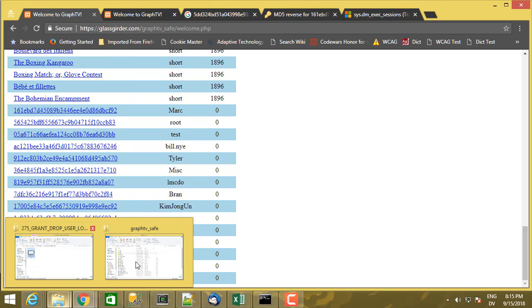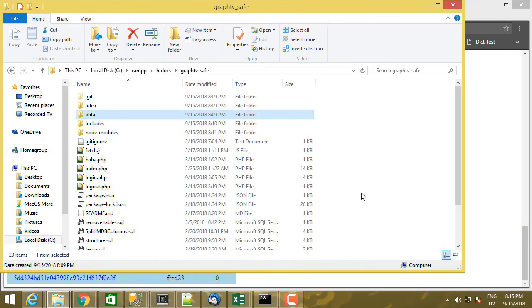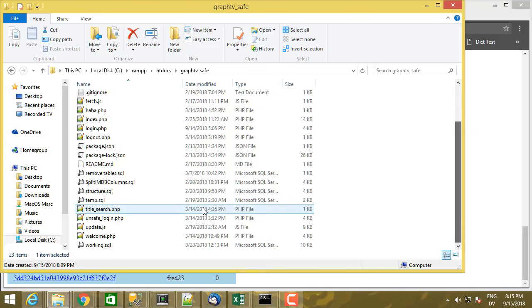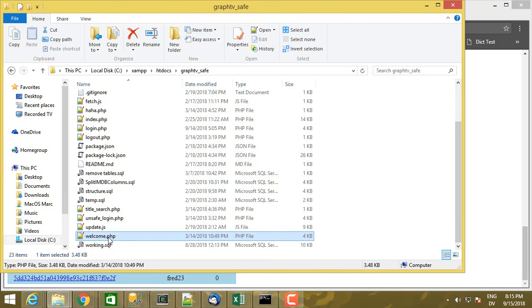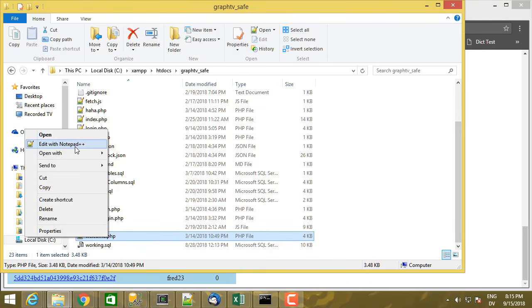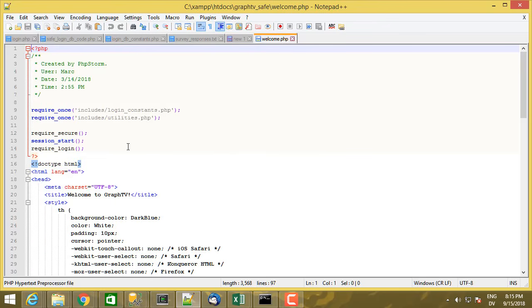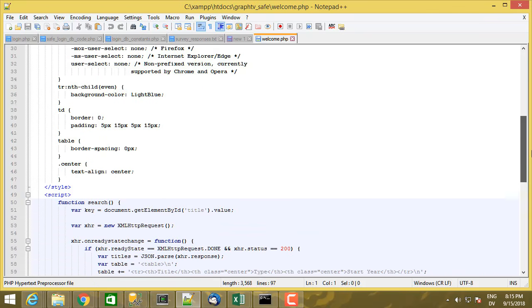What I'm going to do is in my Graph TV under safe, I'm going to go to welcome.php. And if you don't know PHP, that's perfectly fine. I'm not going to spend much time on the PHP part at all, but you will at least get to see how to talk to a database in a real language. And if I scroll down,